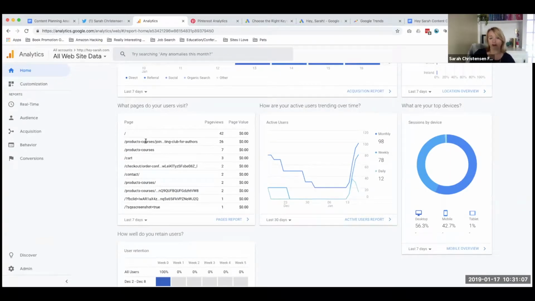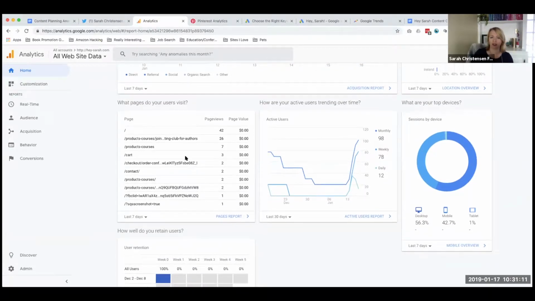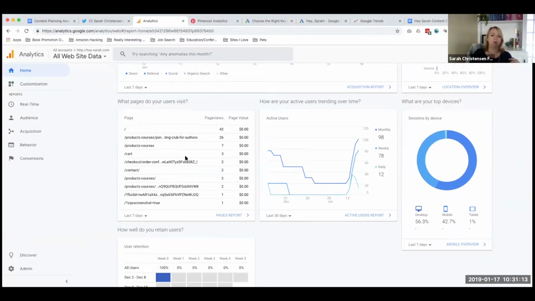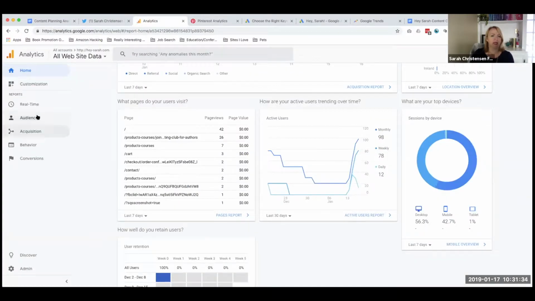So as an author, I would be looking for which blog posts and which headlines are getting the most traffic, and if you're using MailChimp, you want to look at MailChimp analytics to see which newsletter topics are getting the most click-throughs to your website. So just at a high level, what type of content was it? You can find out what the most popular day of the week is by checking into your